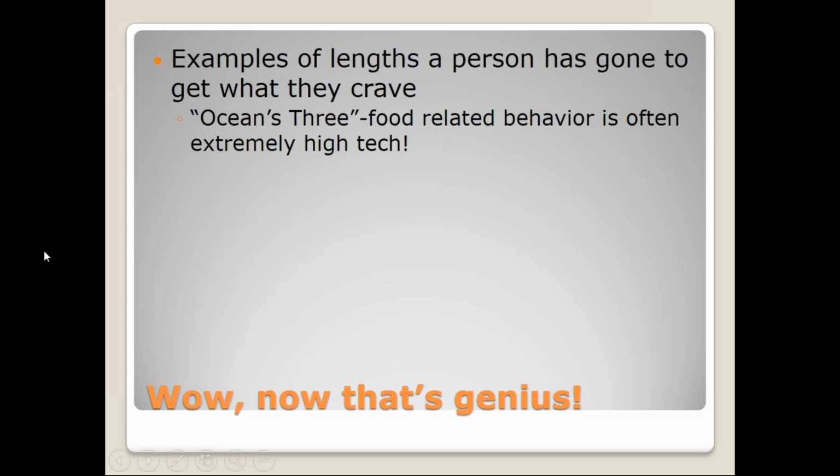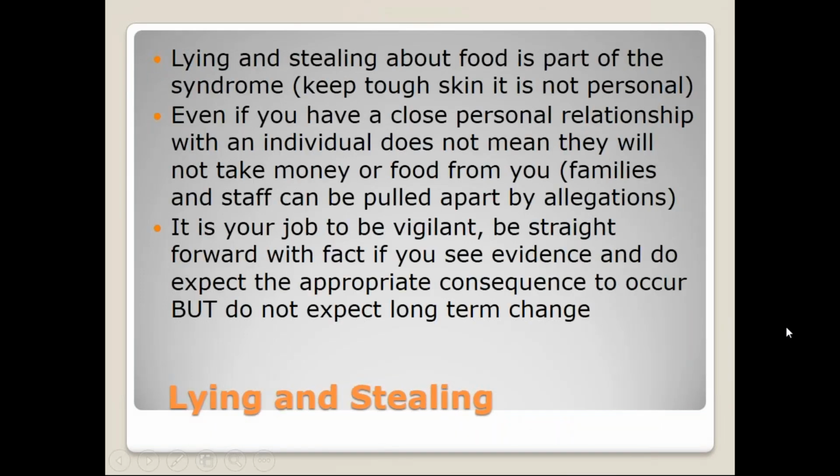I like to read that story because it's genius. People we work with in the Prader-Willi community, it seems like, wow, I wish I could have even thought of that scheme. But it also shows you the great detail and the length I'm going to go to get food. It's genius. And it's also hell. You're caught in this mental need and drive to think about and seek food at all times. Okay, so lying and stealing, taking things, is always going to be part of the syndrome. It's not that the person wants to lie, but when it comes down to food, I'll fib.